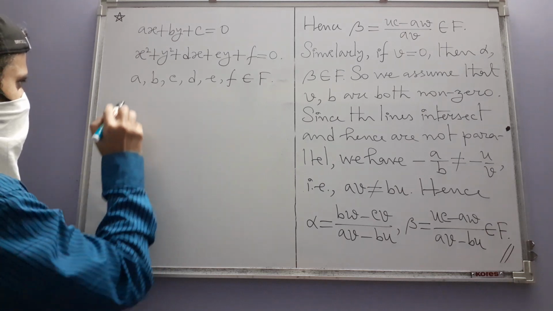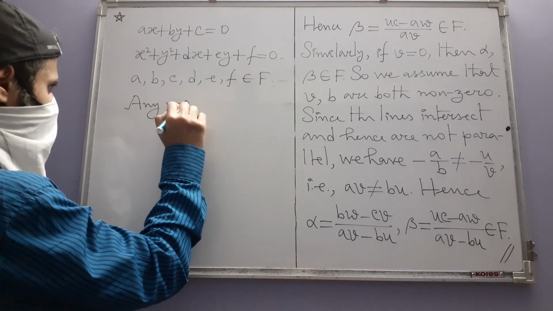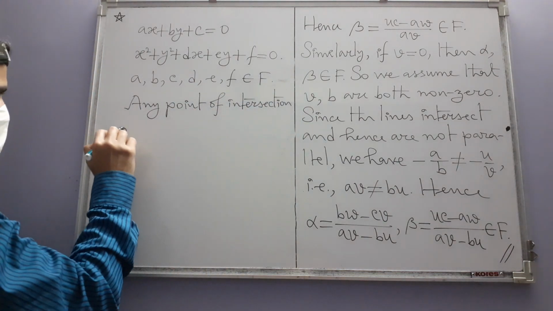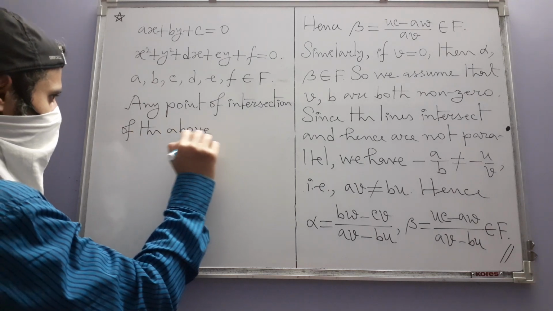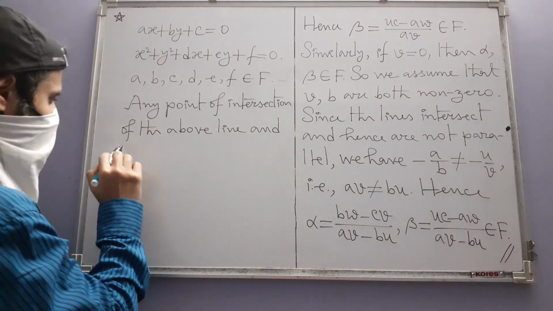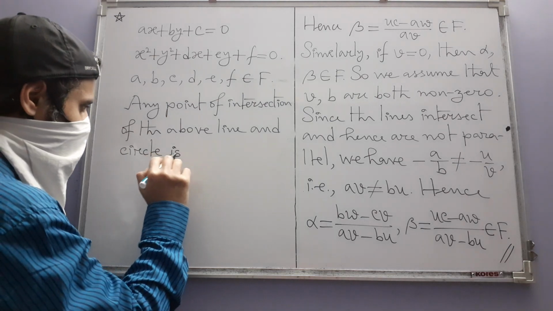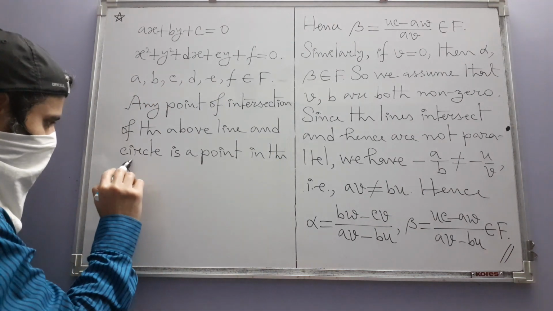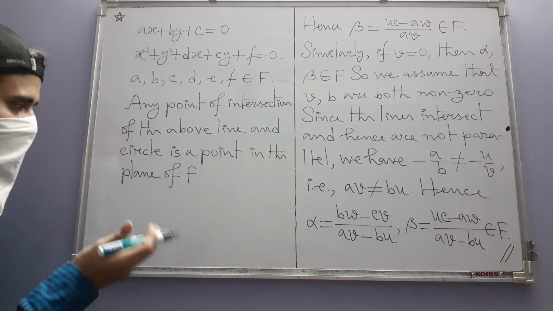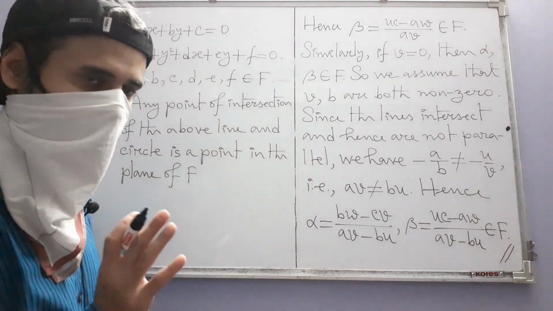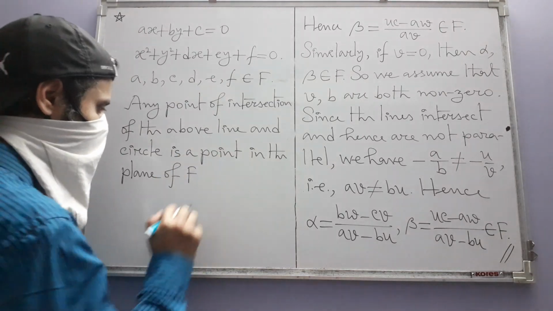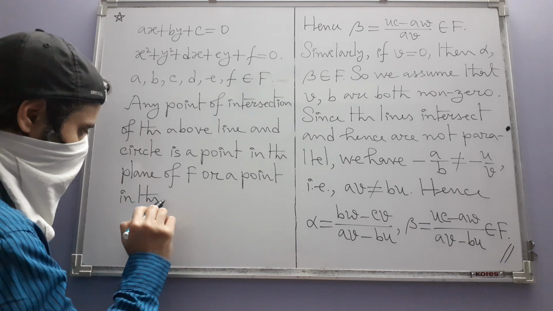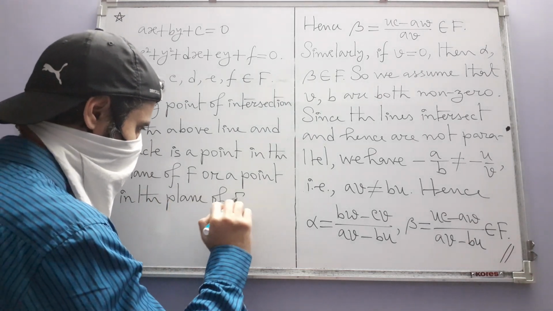Because there may be 2 points of intersection, any point of intersection of the above line and circle is a point in the plane of F. This may happen, actually the point of intersection may be a point in the plane of F, that is maybe an element in F Cartesian product F, or a point in the plane of F